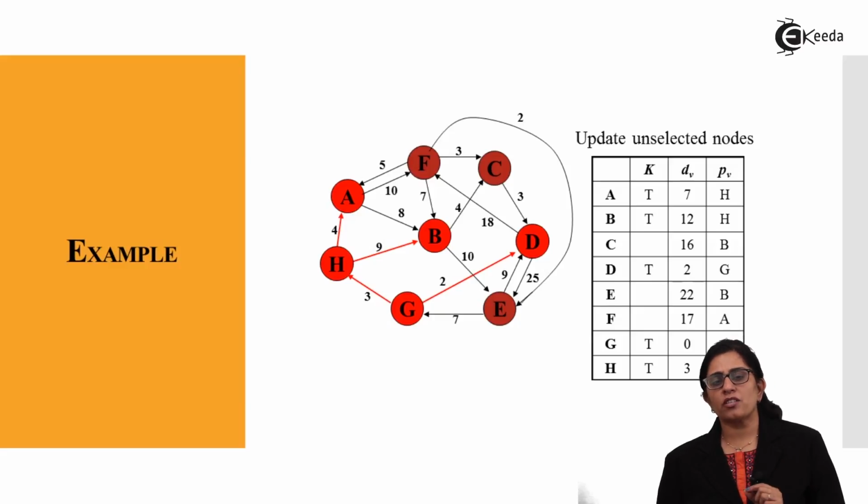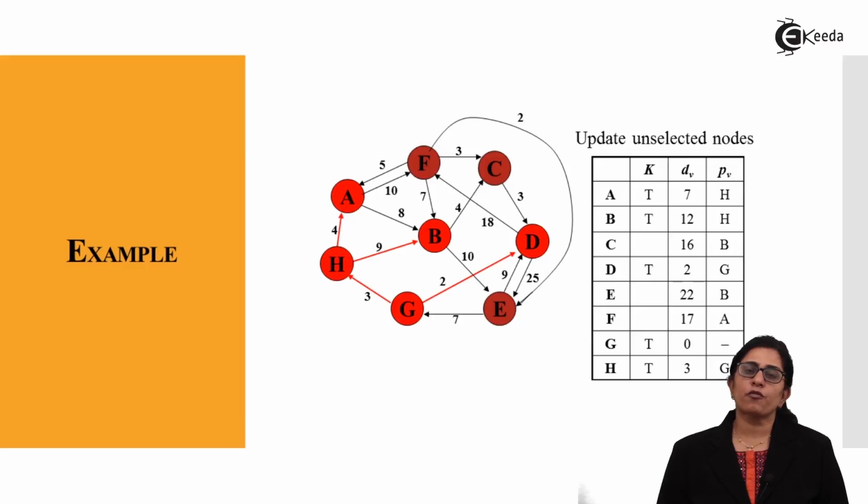So to reach the vertex E, it was 27 earlier, and I was approaching E with the previous vertex as D. Now 22 is less than 27, so we replace that, and the distance is replaced as 22 and the previous vertex is changed to B. You will see as we are recalculating, the shortest distance path is being calculated, and we keep on replacing the distance which is being calculated again and again so that I can find the shortest path first.